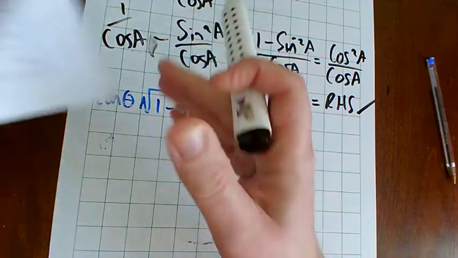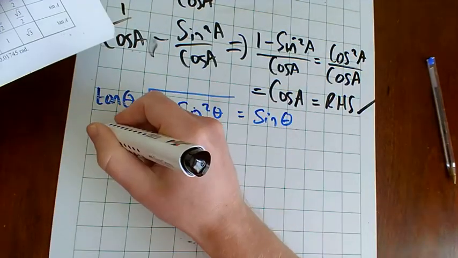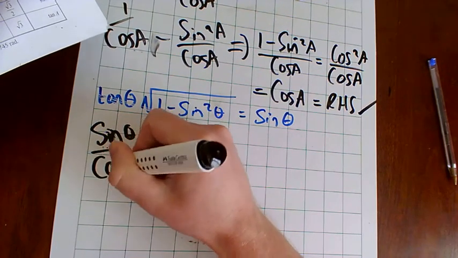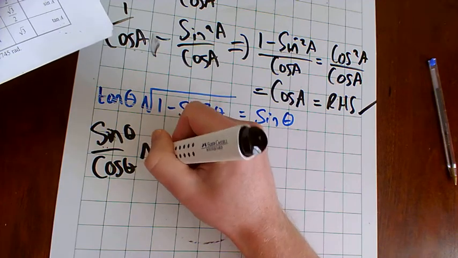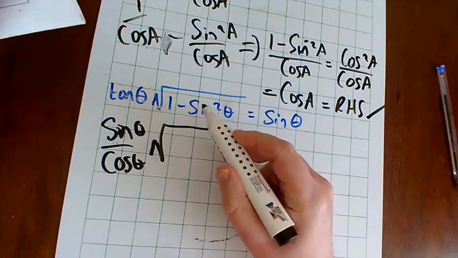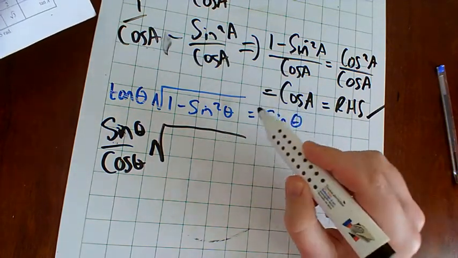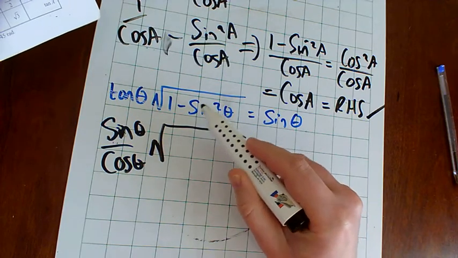So we go to our maths tables again. Tan theta can be changed to sine theta over cos theta. So it's sine theta over cos theta. And can I change this to something? Now, I want sine. So it's with practice you get this. 1 minus sine squared theta. Can I change that to something